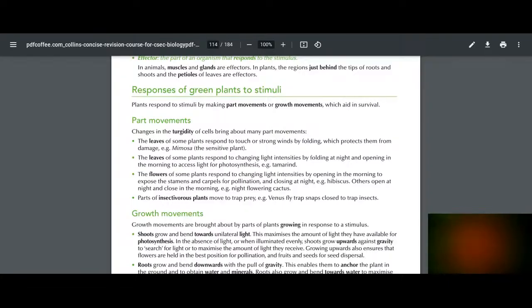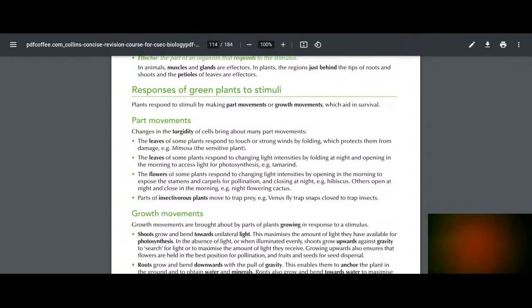So let's talk about it now. Flowers respond to light intensity. For example, in the morning they will open. They expose the stamens and the carpels to the light. Basically, they open up for pollination, and at night they will close. The leaves would basically fold at night but open in the morning to access light for photosynthesis. And when the leaves fold, it protects the plants from